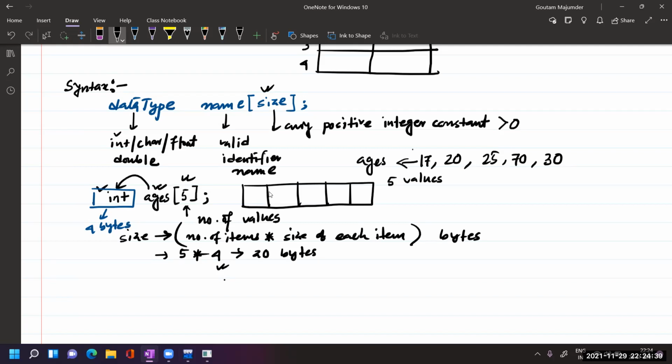So it means ages can store a maximum of 5 values of integer type.